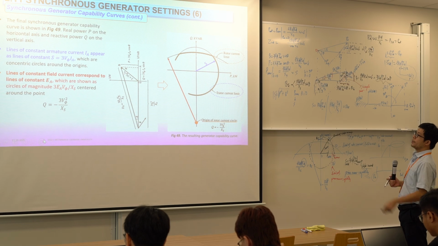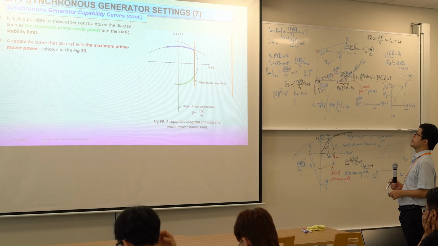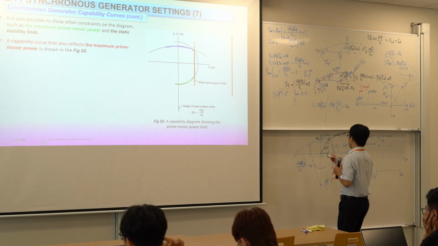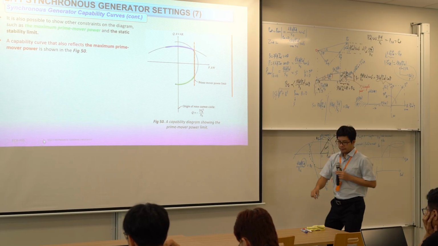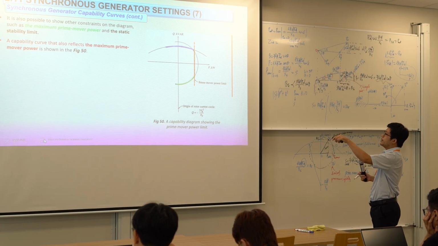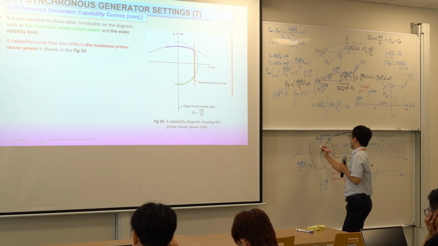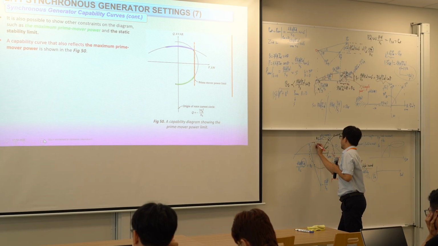Of course, we need to read this description. Look at the limit of prime mover power. If I combine, I can get this one. This is curve one, right? One comes here,